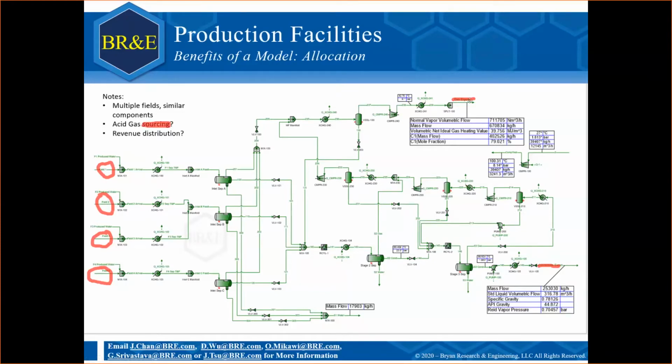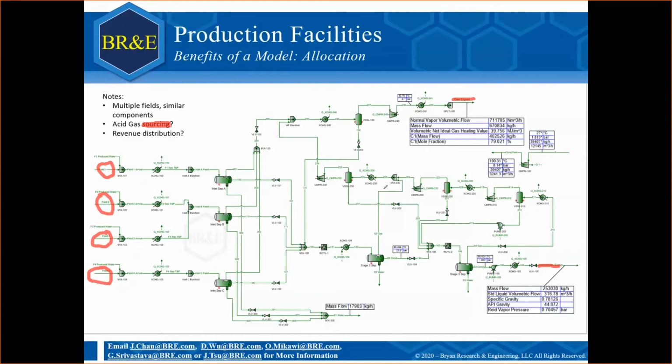You can figure that out using our allocation report, and we'll be showing it briefly in a few seconds, how much of the H2S in our gas comes from field 3 and how much comes from field 4, and the same thing for our condensate. So having an accurate model with the entrainments, the pressure drops, the whole nine yards inputted